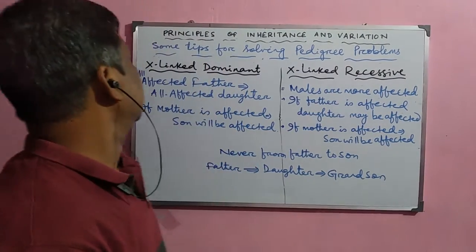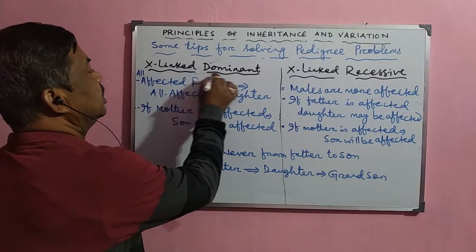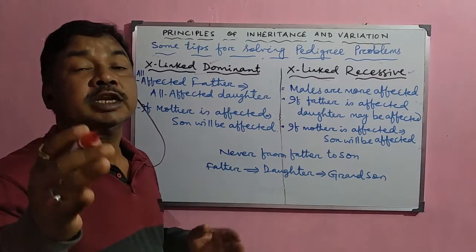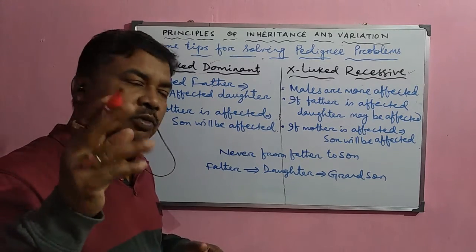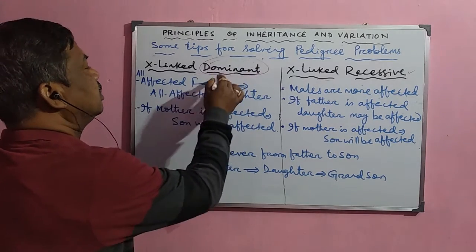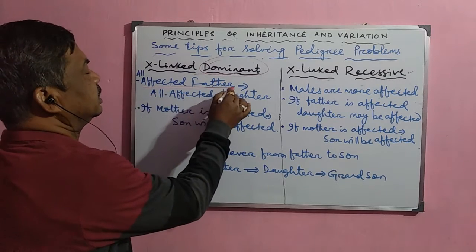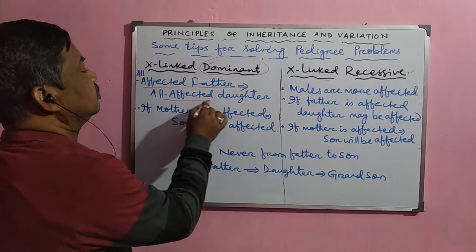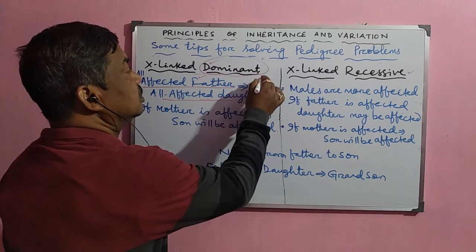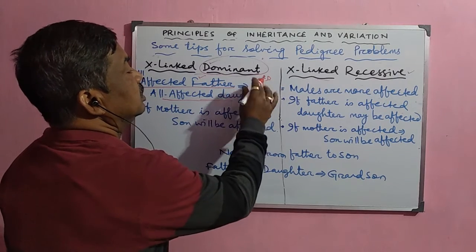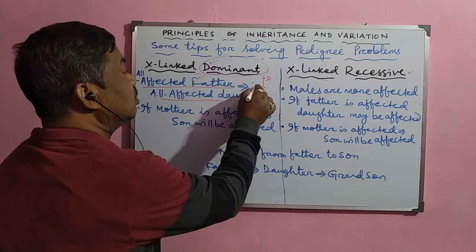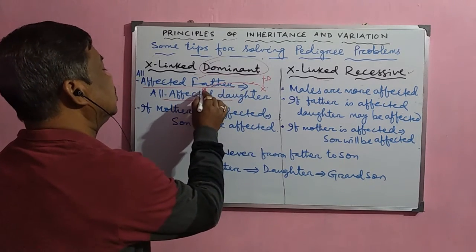Now, if we compare the X-linked dominant and X-linked recessive type of disorder, here the disorder is there in the X chromosome, or these are called allosomal disorders. And in this allosomal disorder, if it is a dominant one, then what happens? If the father is affected, then all the daughters will be affected, because the father being affected means it is present in the X chromosome and it is in the dominant form. That means this X chromosome of the father will transmit to the daughter.